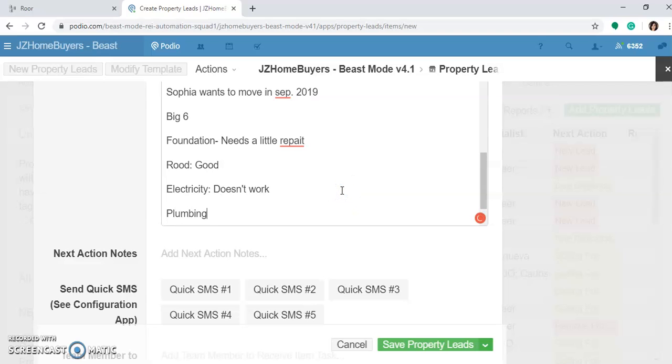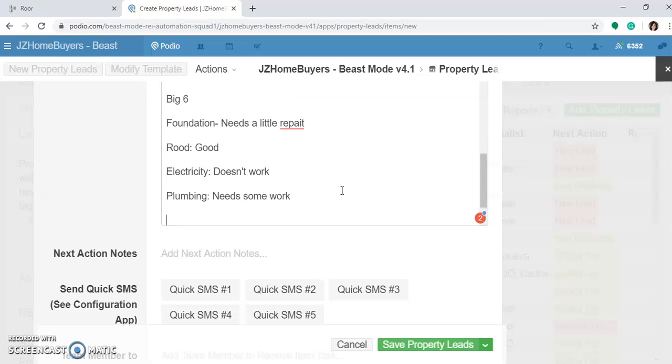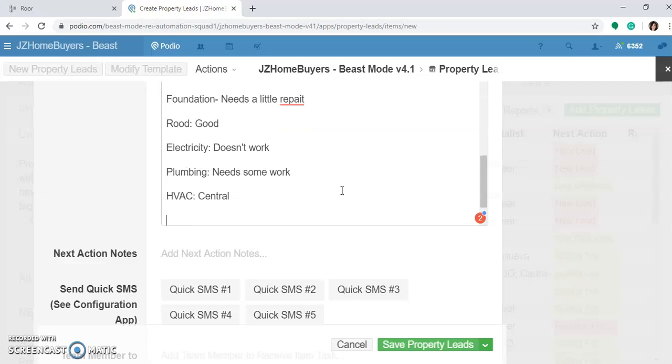Plumbing needs some work. What else? HVAC is central. And termites, had